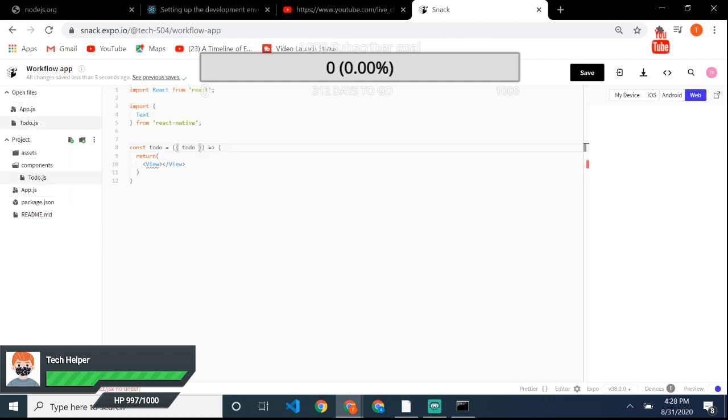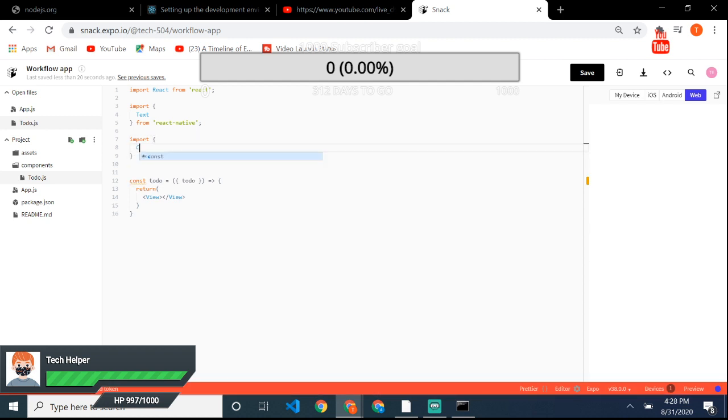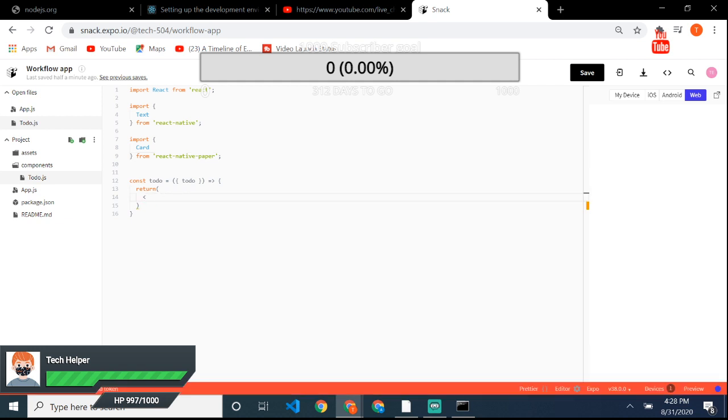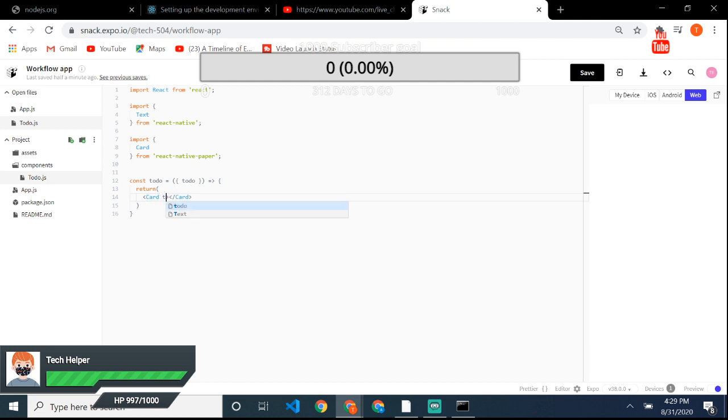So let's just return some import card. We can import, as you know, a card from React Native Paper, because that has it built in. So I'm just gonna get a card, and that card we can give it some props. We can try giving it, I'm trying to feed it something. If that doesn't work,